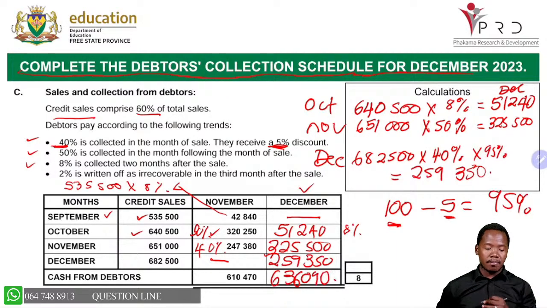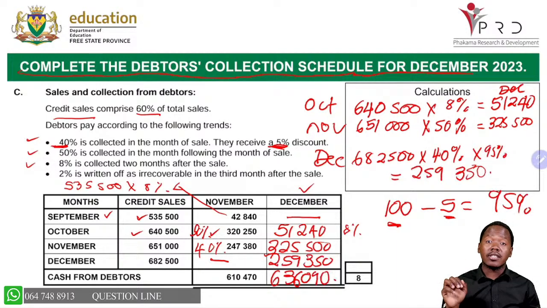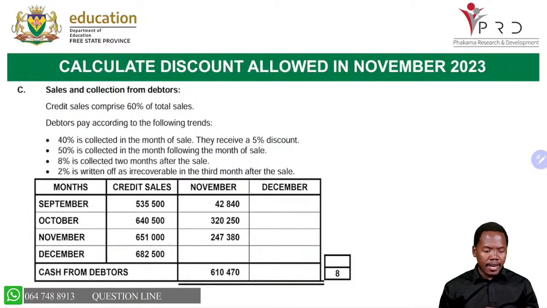So our collection is better than the collection from November. Okay, now here, this is our debtors collection. This was just a quick revision. On our next session before you write your paper 2, we are going to try and look at some of these items. Okay. Now, next part, it says calculate the discount allowed